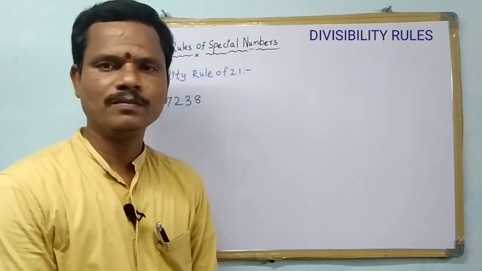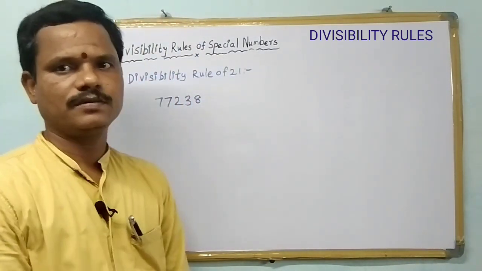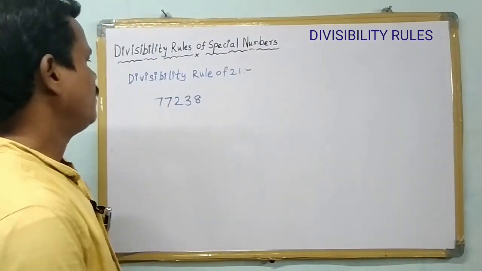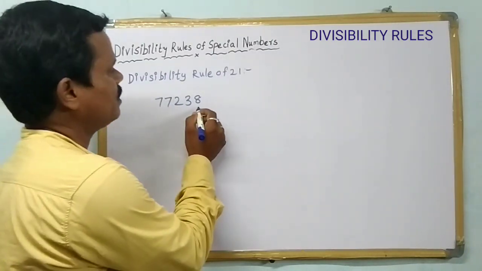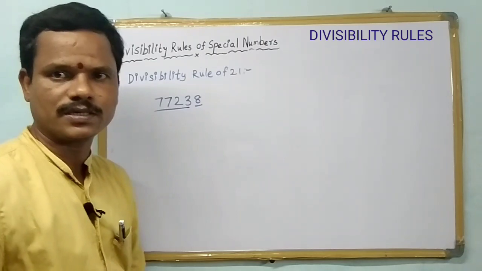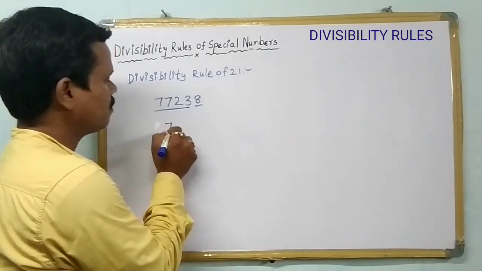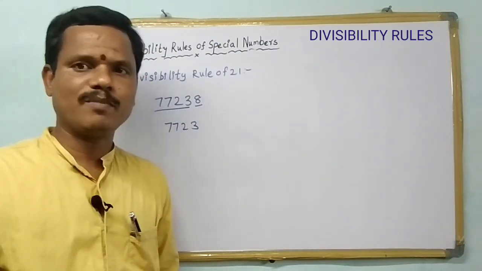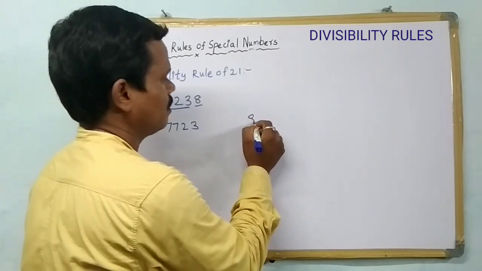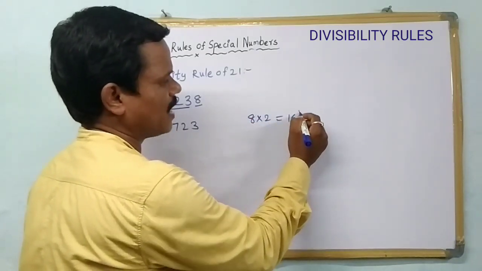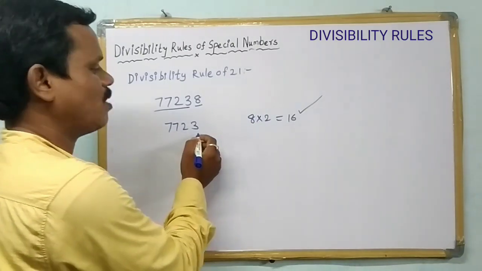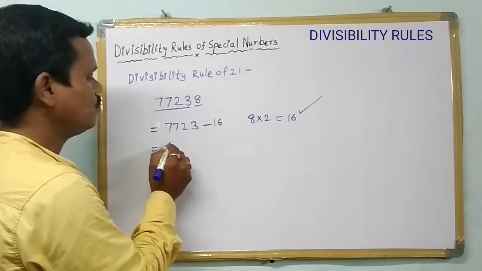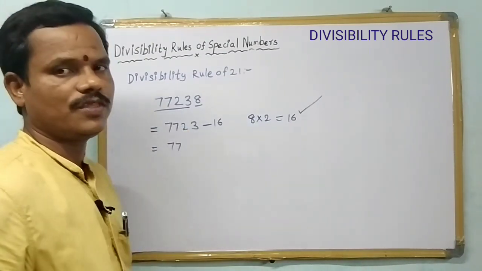I am taking one more example. What is the number? 77238. Check whether it is divisible by 21 or not. So divide the given number into two parts. The unit digit number is the first part, the remaining is the second part. Write the second part, 7723. Now the first part number is multiplied by 2. Here 8 into 2, 16. Now subtract this 16 from the second part. So subtract 16. Now what is the value? 7723 minus 16 means